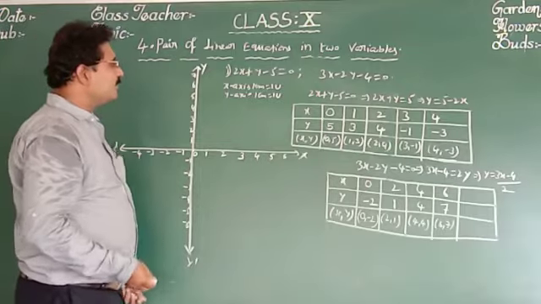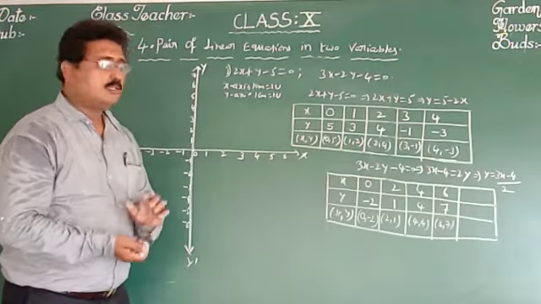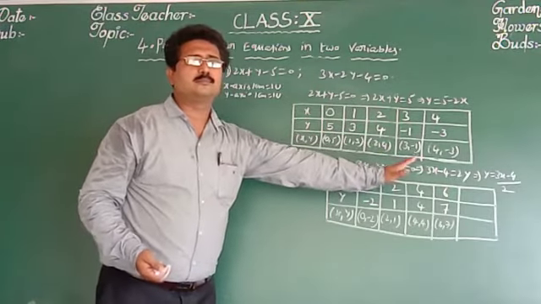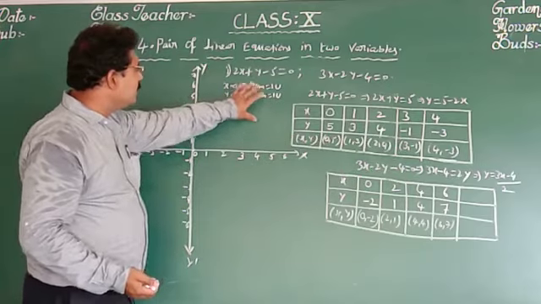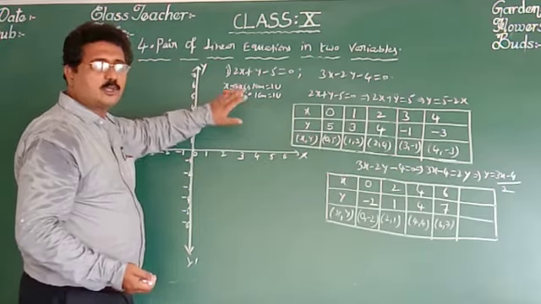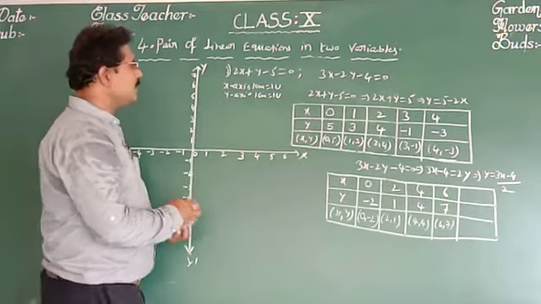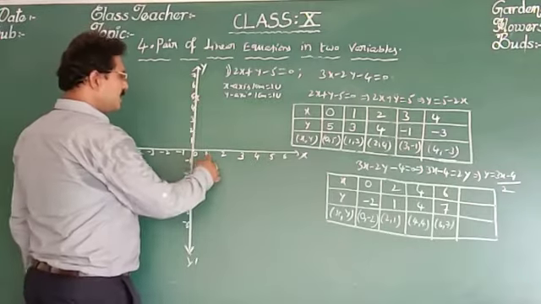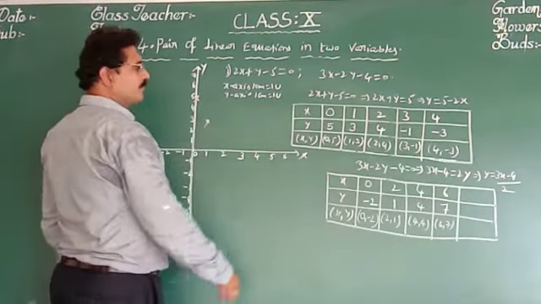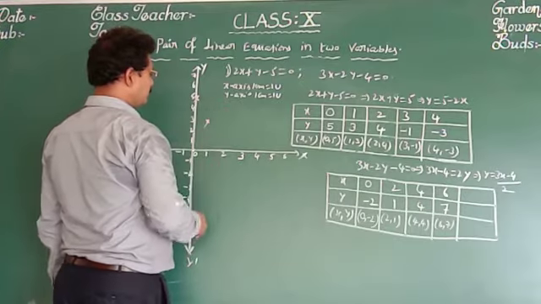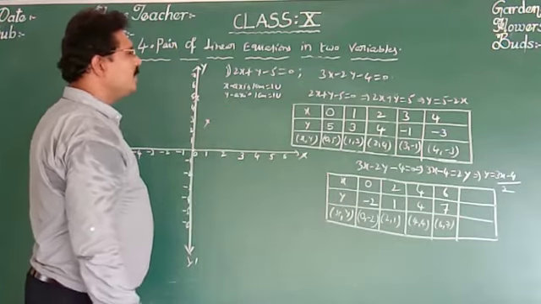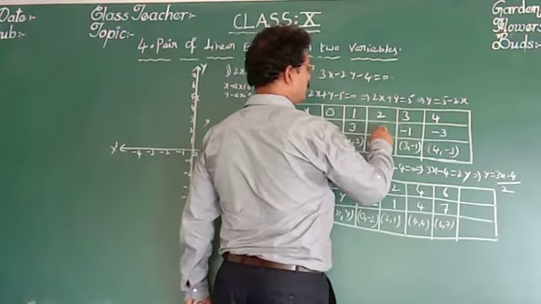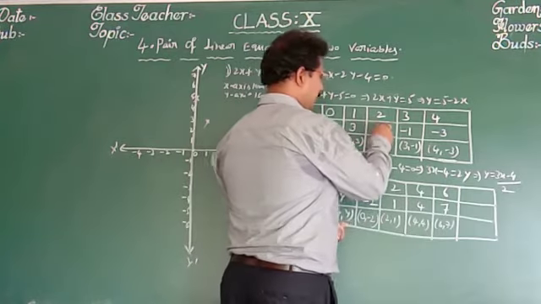Now let us draw the graph. What is that first one? Once again I am telling children, these two tables you must draw with pen or pencil on the right side of the graph. Only this graph along with this scale you must draw on the left side of the graph, that already you know. Now see that x 0, y 5 exactly on the y-axis. x 1, y 3. x 2, y is equal to 5 minus 2 2s are 4, that is 1. So here it is 1.